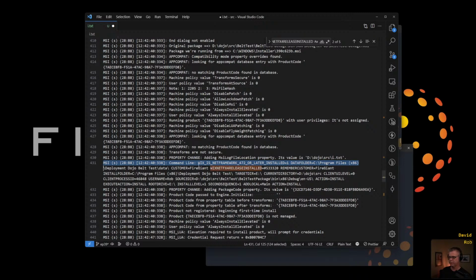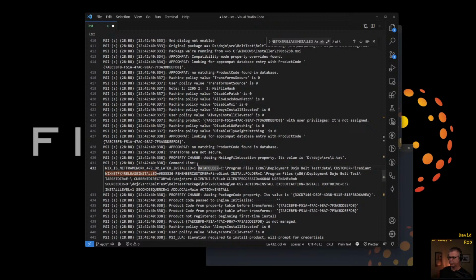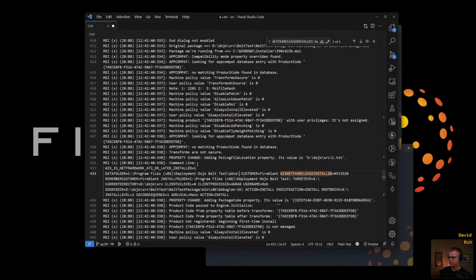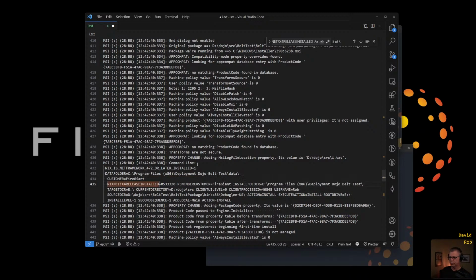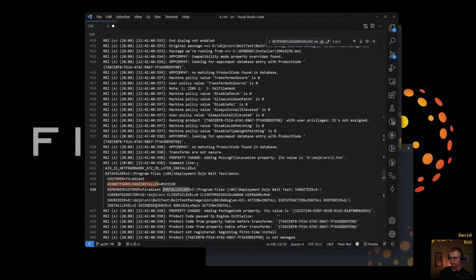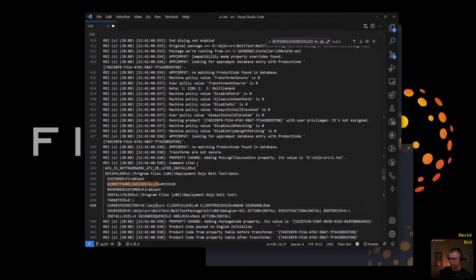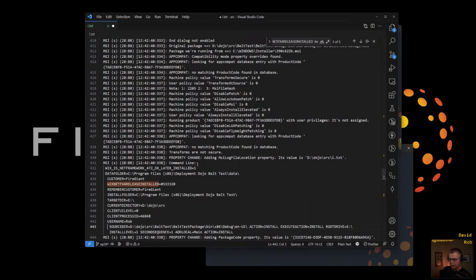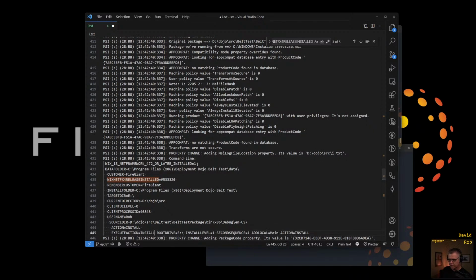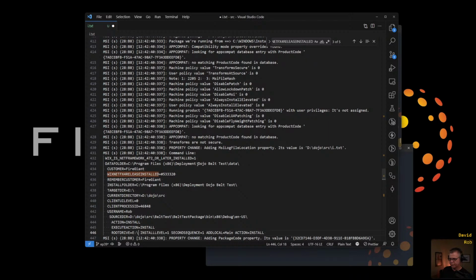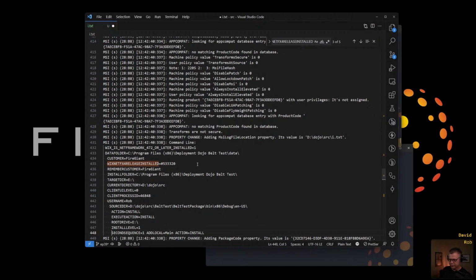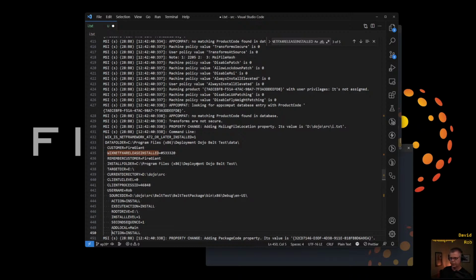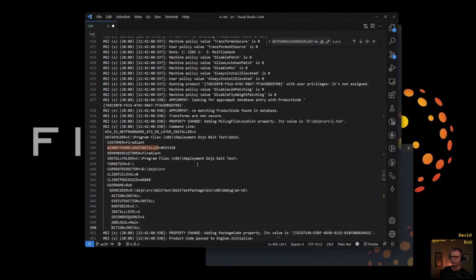All right, so let's look at these that we got. Data folder, customer, WiX NetFX, remember customer, install folder, target dir, current directory. All right, and then we're back down to these again. Okay, all right, now execute action, root drive. Wow, there's a lot. Install level, second sequence, add local, and then action install. Oh, look, there's 2 action installs. That's kind of weird. Okay.